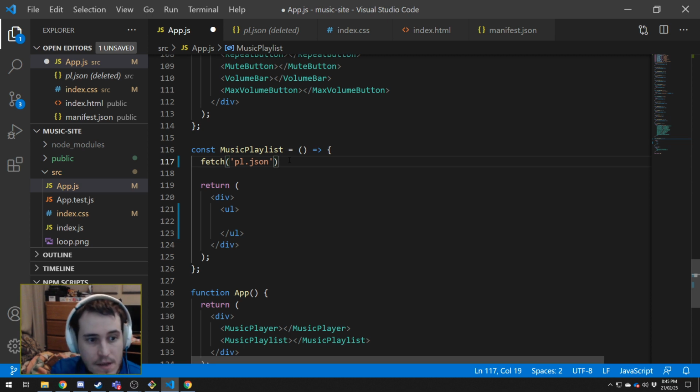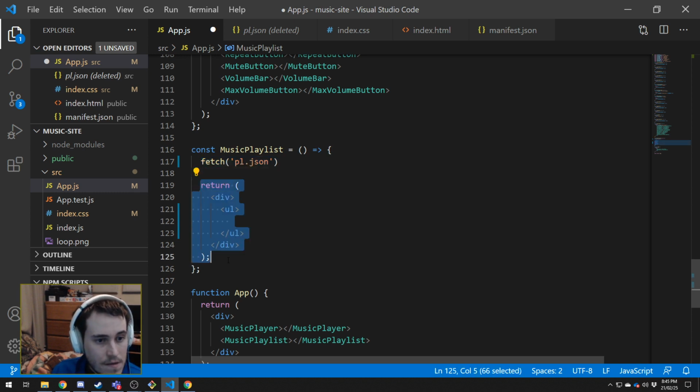Then I want to do something with it. So what fetch does is it starts an asynchronous task. That basically means that it will start requesting data, and then it will move down to the return here. It won't finish getting this data before it moves on,